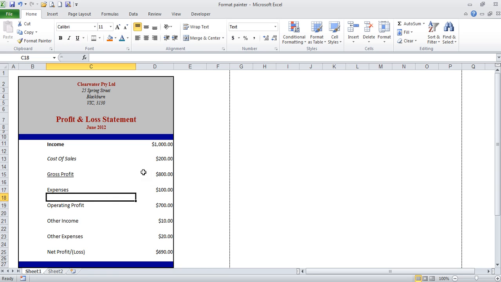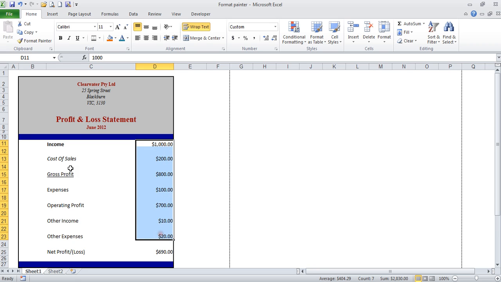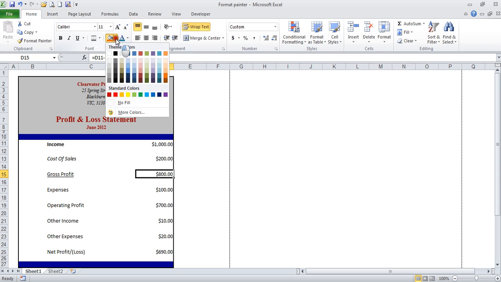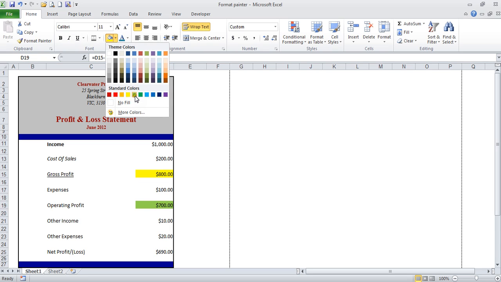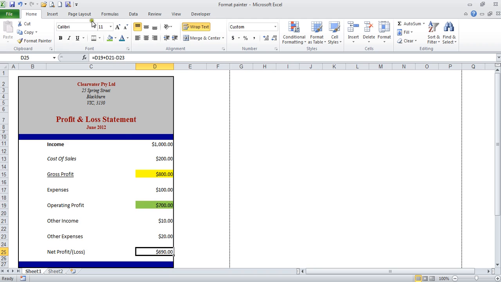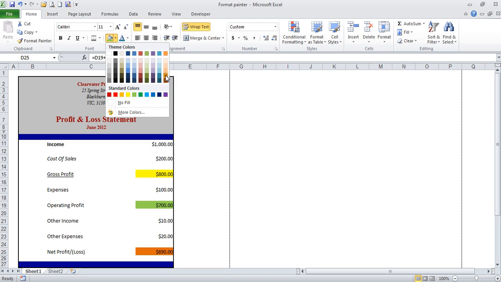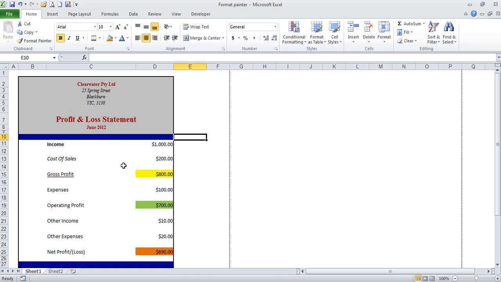Right. Now let's look at the color of cells. These are all just in white color. What I want to do is for gross profit, I want that to stand out. So I'm going to color this cell with yellow. You see, it just stands out. Operating profit, I want to color this as green. And net profit, I want to color this as orange. It's all the presentation style, how you want to present it. So it just looks nice and neat instead of plain and bland,